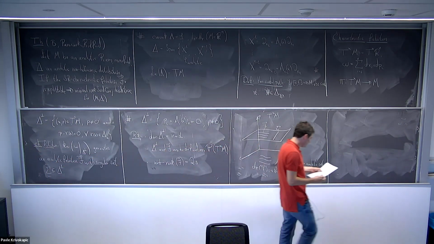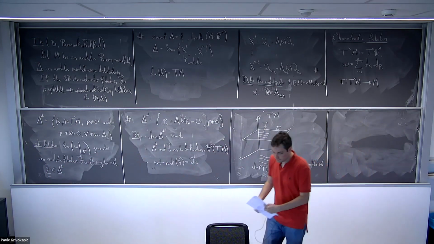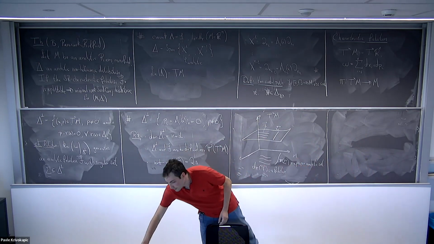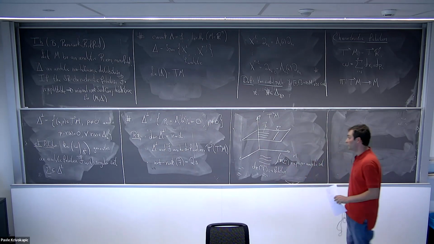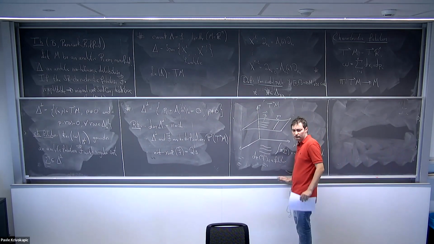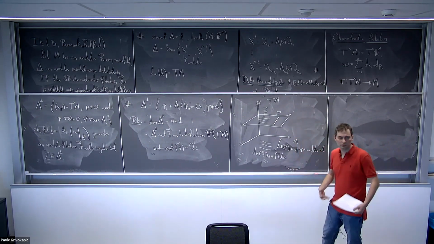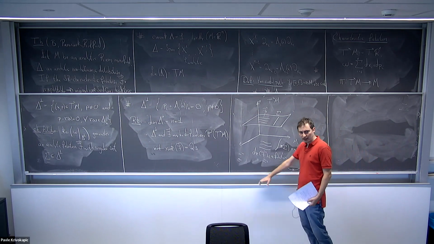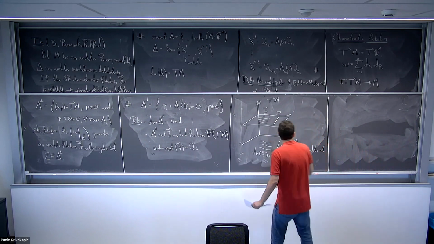So let me just say now very quickly, why are we interested in these characteristic foliations? And what is the Sard conjecture? Unfortunately, I do not have enough time to really give a feeling about the theory that is behind and why people care about this conjecture. But at least I want to state it in a kind of precise way.